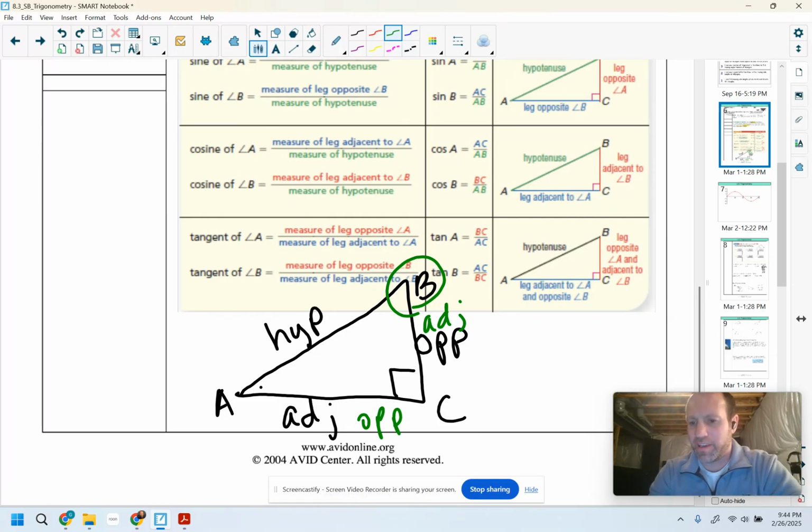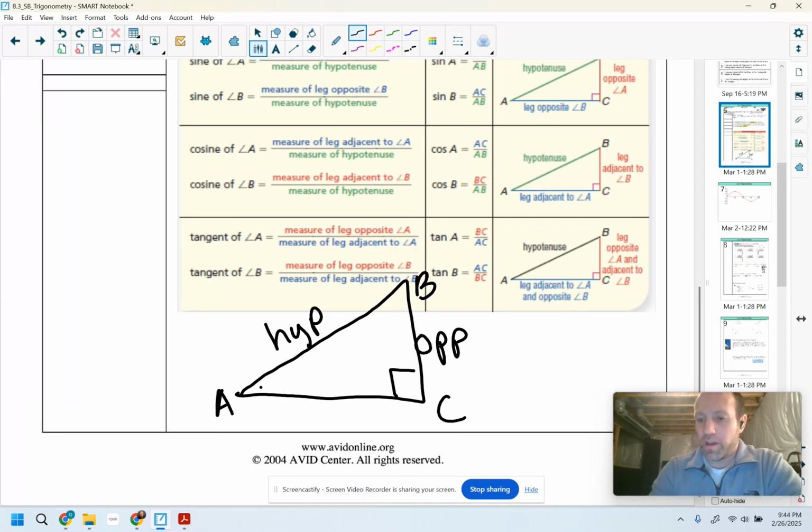Now, what about angle C? We don't talk about angle C because it's 90 degrees. It's not going to be something we worry about with trigonometry. So again, what we're going to do here is first we would label our triangle. So when we look at different relationships,